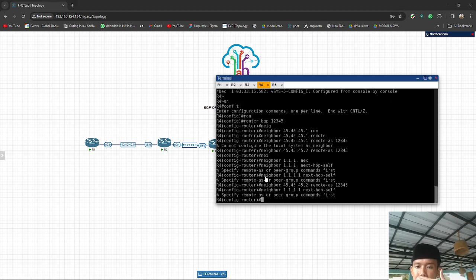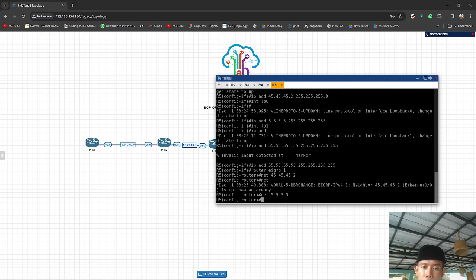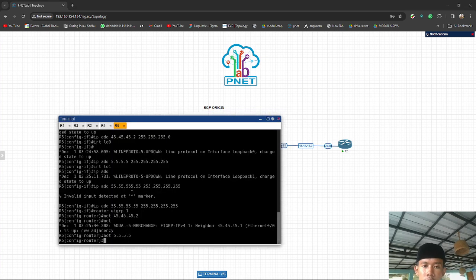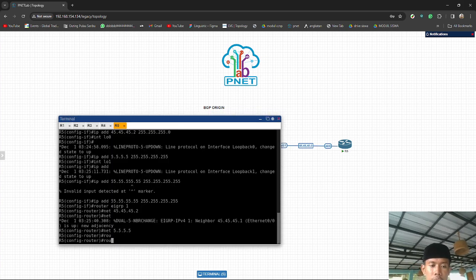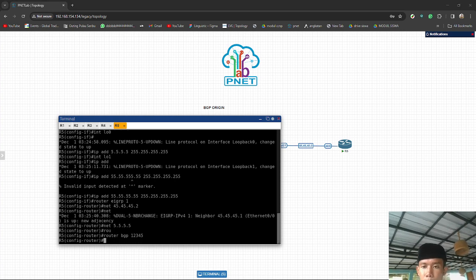Okay, after that we change to the router 5 configuration. We will do the same, router BGP 12345, and the neighbor is 45.45.45.1 as the next hop is the fourth router's IP address.